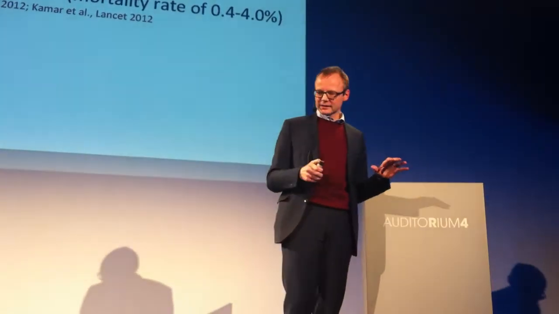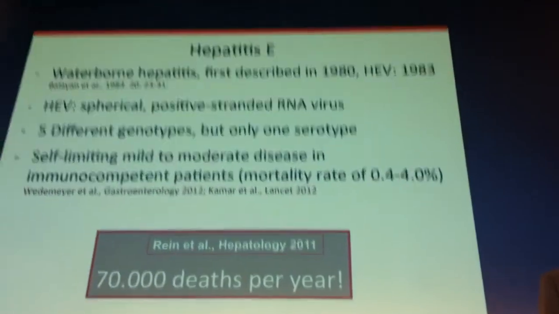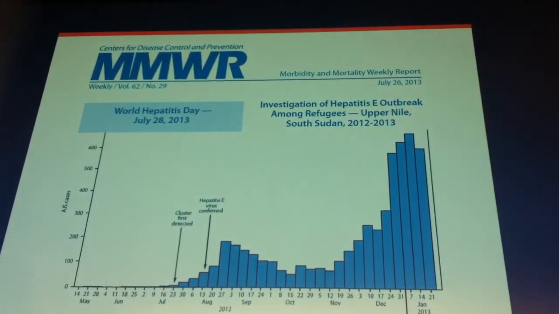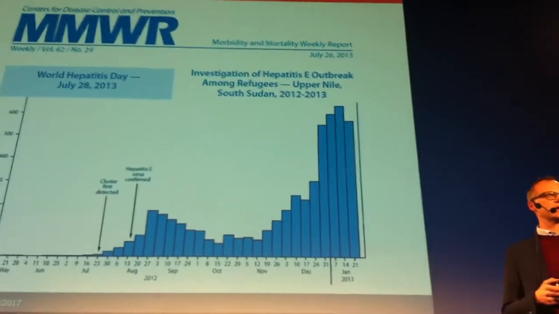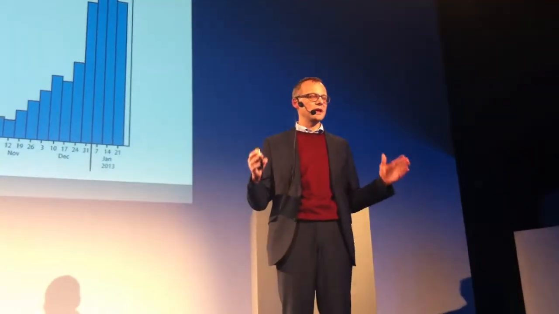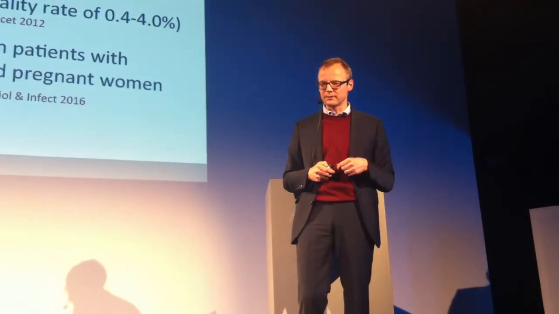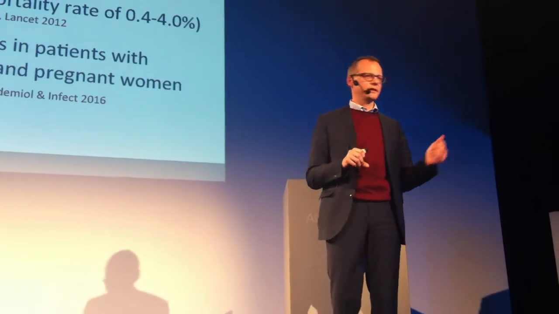So overall, as I mentioned, the far majority of infections is really asymptomatic. It may cause some fulminant courses, particularly in genotype 1 infections in sub-Saharan Africa, in India, and there are still outbreaks ongoing. For example, in refugee camps in South Sudan, there was 4 years ago a major outbreak infecting thousands of people, and again, pregnant women dying from HEV infection. So it still causes deaths worldwide, even though for us here it's not the major problem. And then, for us it could be a problem in patients with underlying liver disease. Can it cause acute or chronic liver failure? This is obviously the